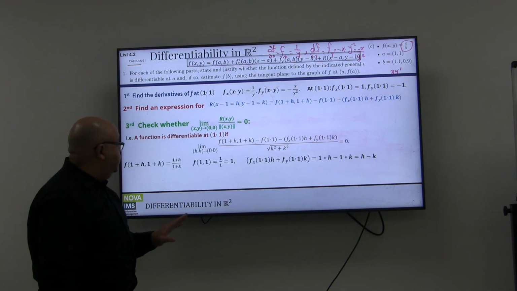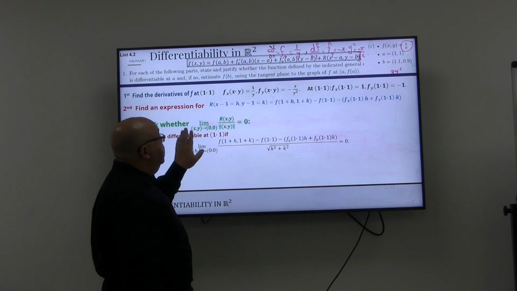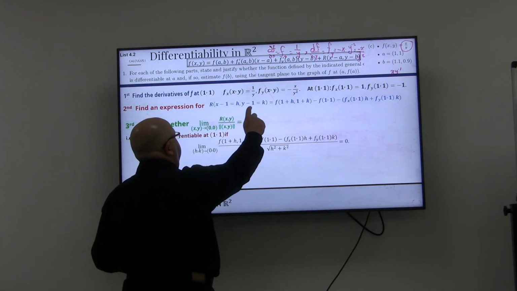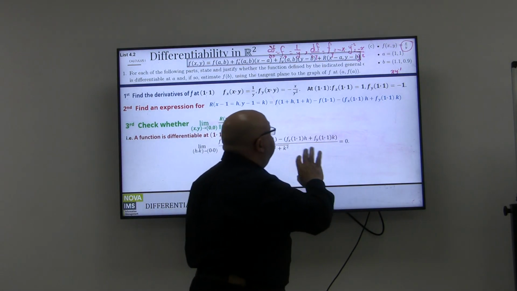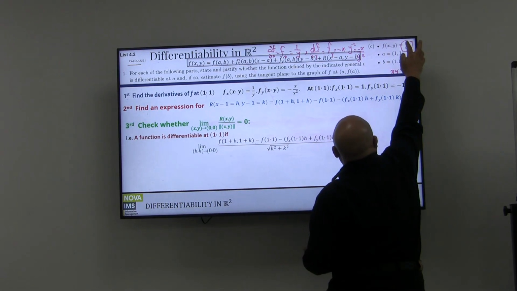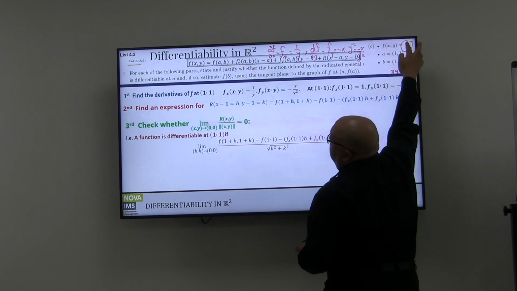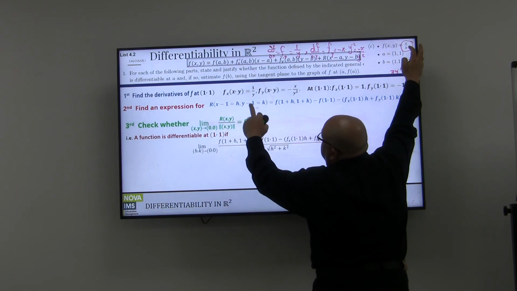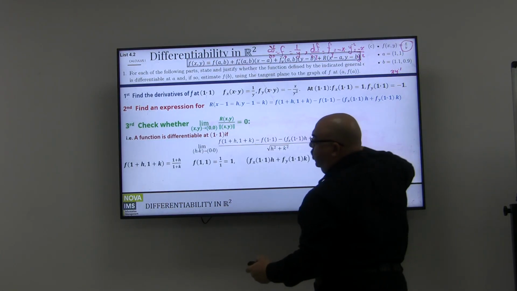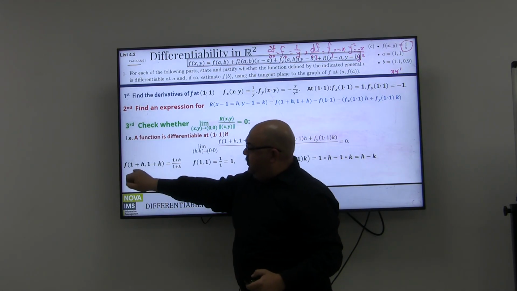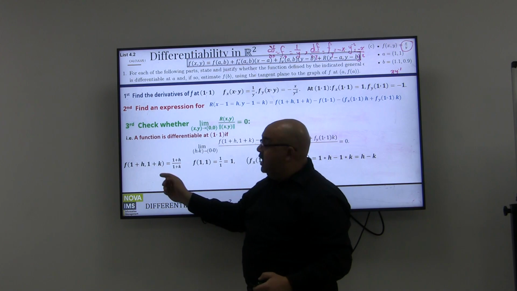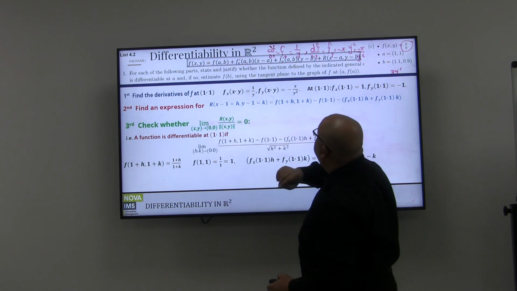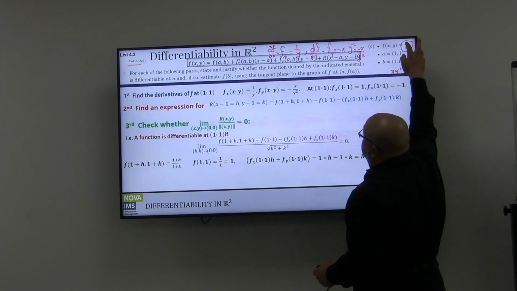So I will start substituting using the definition x equal to h plus 1 and y equal to k plus 1. This is why the value of the function at 1 plus h and 1 plus k is going to be 1 plus h over 1 plus k. Already the value of the function at (1, 1) is very simple. I will replace those by 1, which is equal